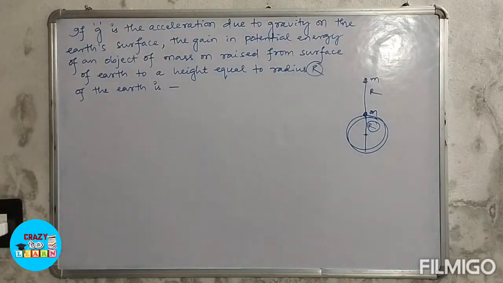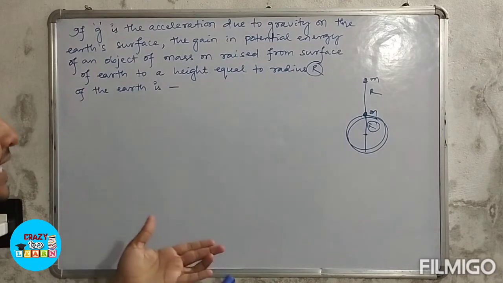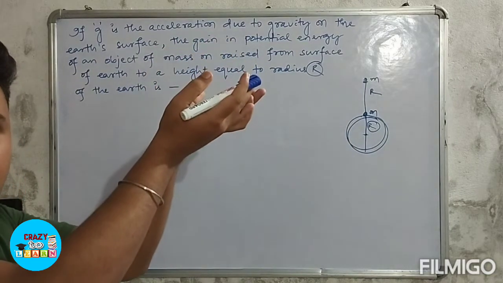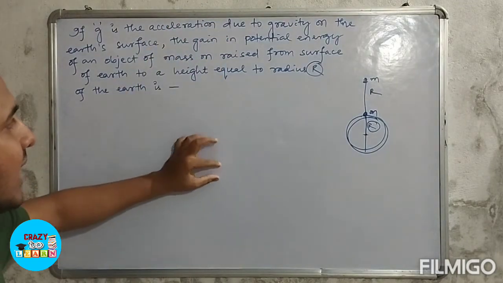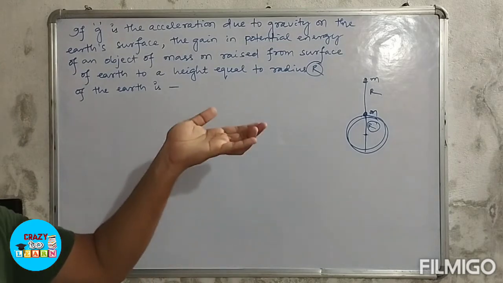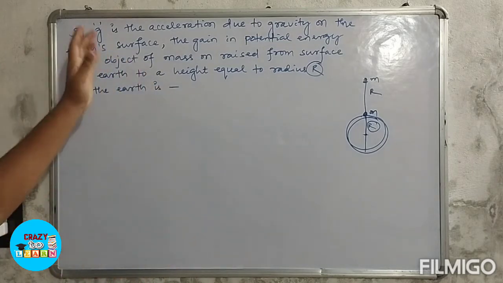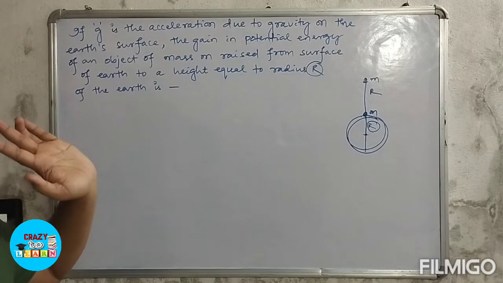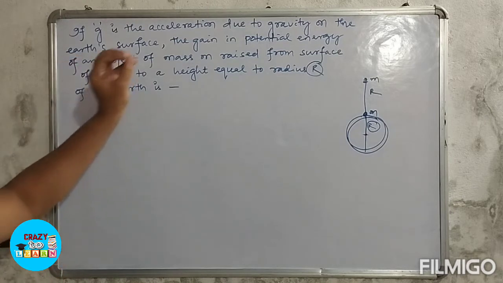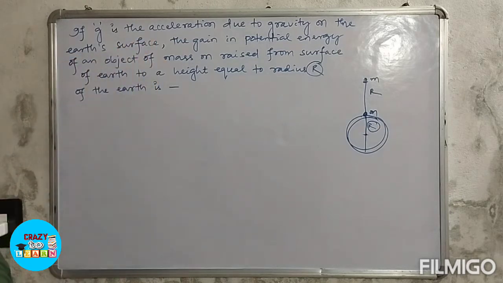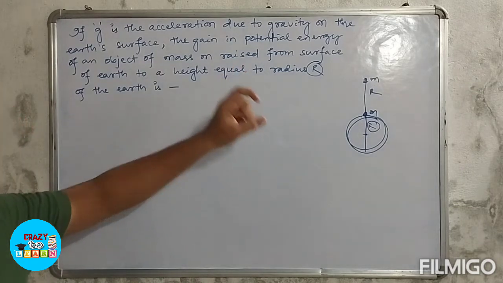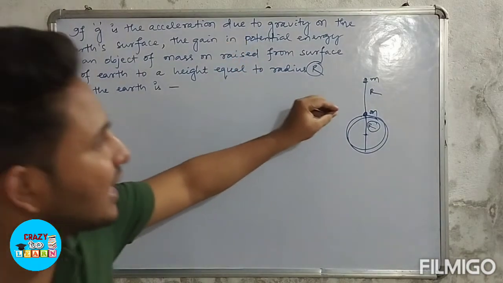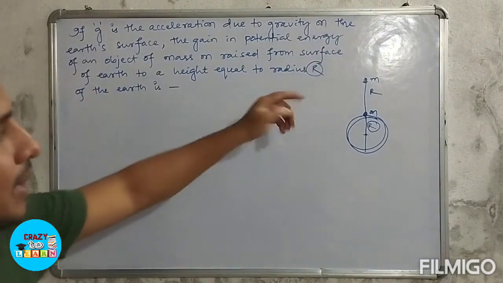So when the object is raised to a height, we will know it is the potential energy. When the object is raised, that means an increase in the potential energy, and here the work done is totally due to the potential energy. So here we will calculate the work done. Here the work is done due to the change in potential energy due to the raise of the object